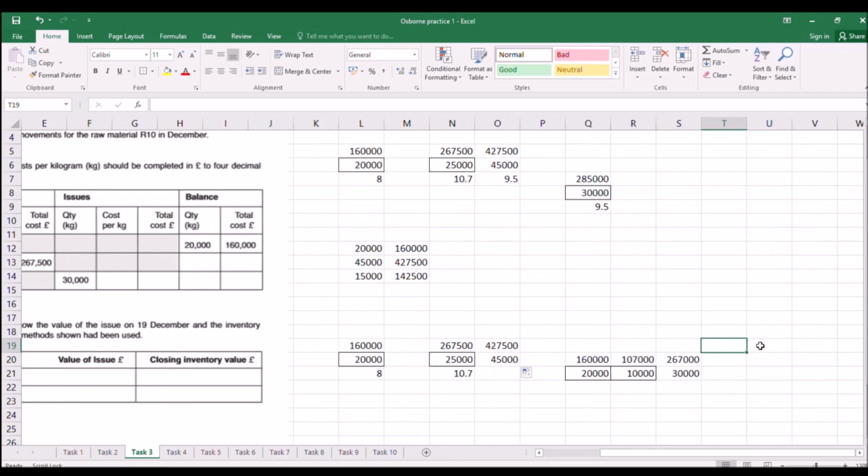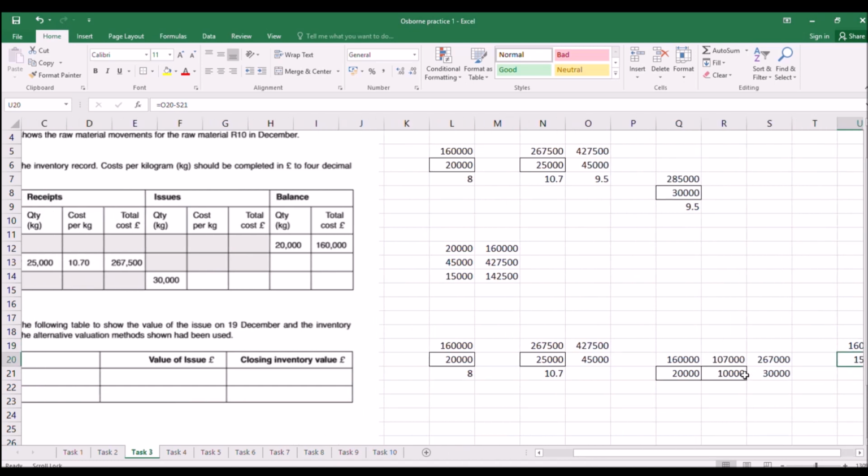the 427,000 minus the 267,000, 160,500, and the number of units is going to be the 15,000 units that we have left over. Okay, so the value of the issue 267,000 for FIFO for 30,000 units, and the amount that's left over 160,500 for 15,000 units. Okay,